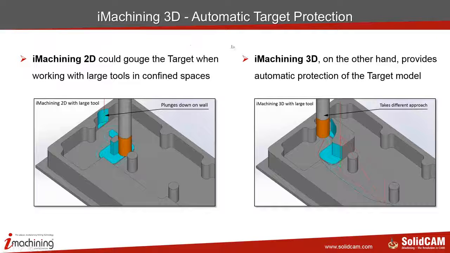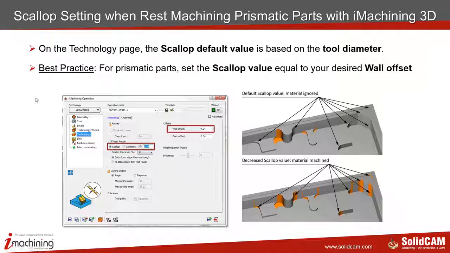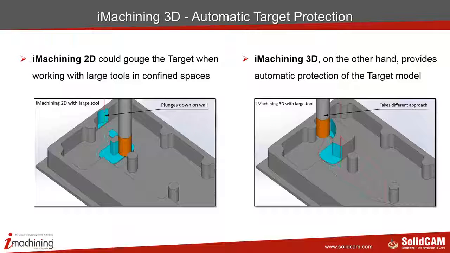But before I mention the finish itself, let me mention one more thing. As I told you before, always make sure your scallop is the same as your wall offset. That's what we call our best practice for this. Now, when we work with the iMachining 2D, if you remember correctly,